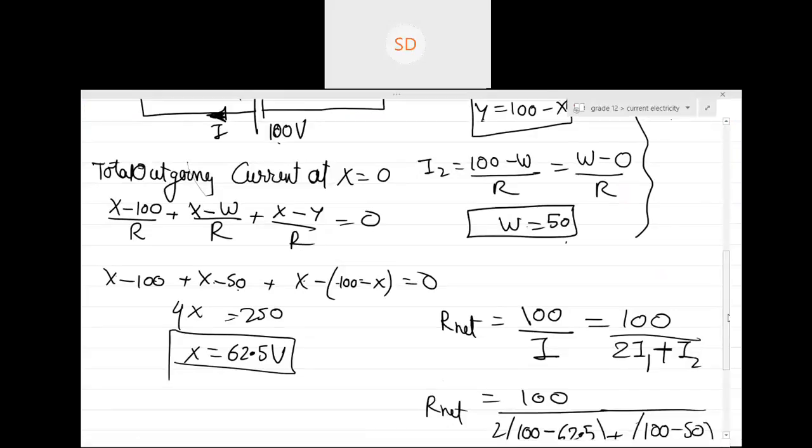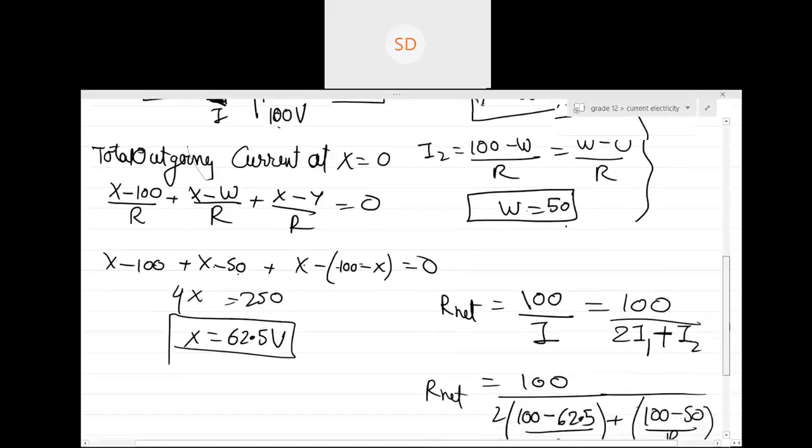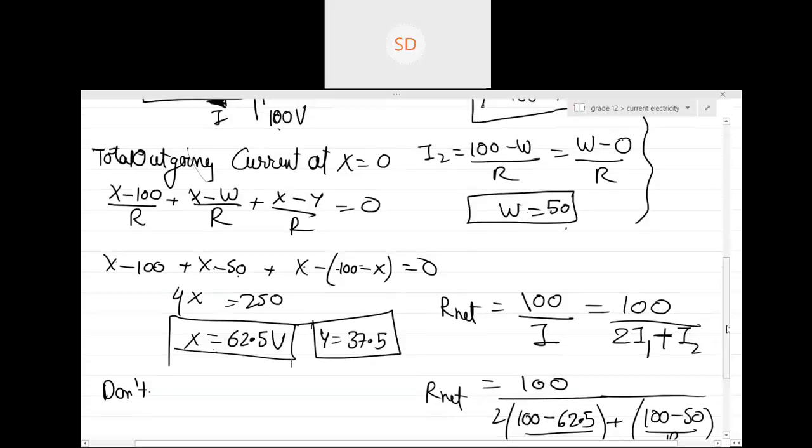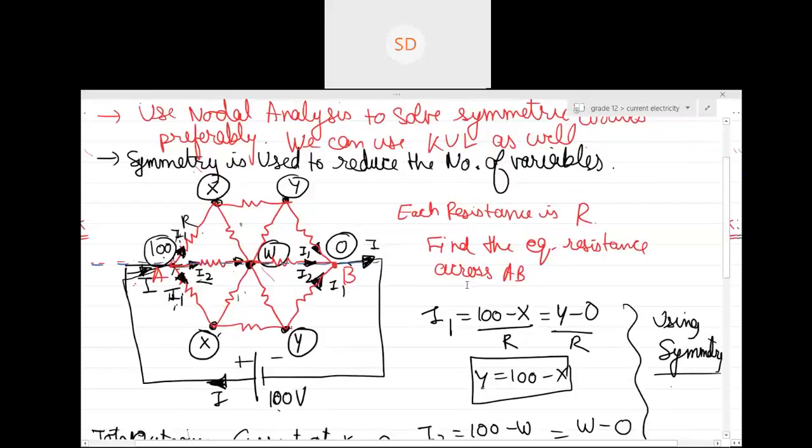Acha guys, one very good advice from me again. When you do this last part, twice of I1 plus I2, when you calculated this x, can anyone tell me what is 100 minus x? If x is basically this, then y will be equal to 37.5. If you are comfortable with this, then no problem. Otherwise, if you still want a little bit less calculation, you can get I1, I2 from here.